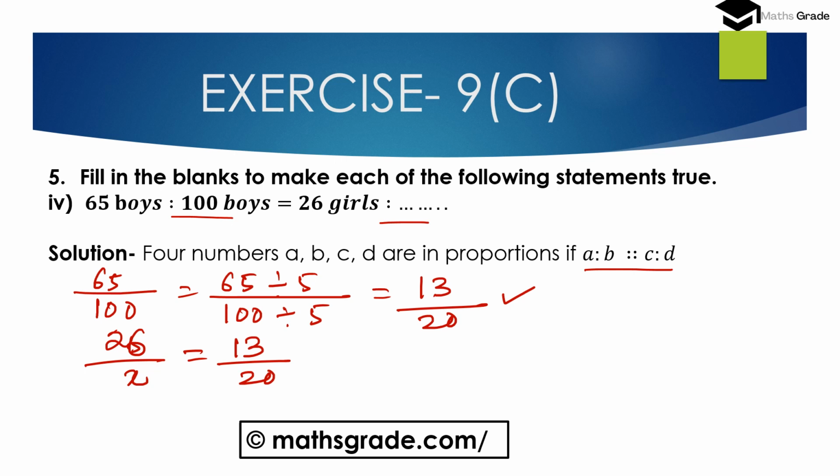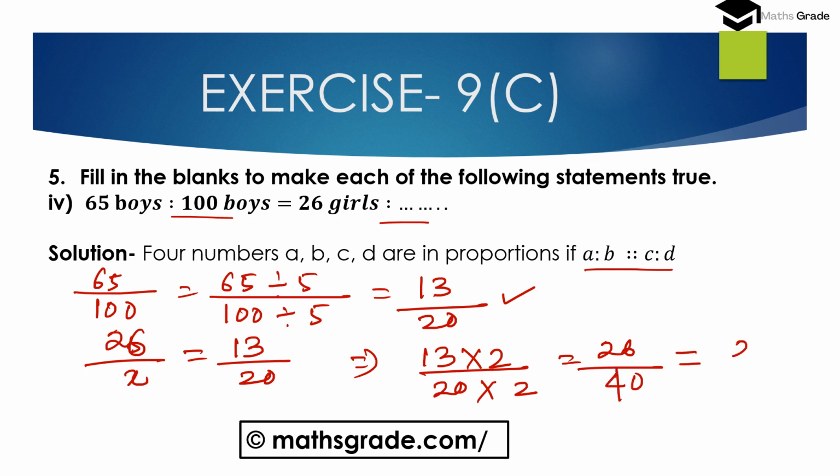Now here the antecedent is 26, and in the second ratio the antecedent is 13. We have to convert this 13 divided by 20 into the equivalent ratio that has the antecedent equal to 26. We know 13 multiplied by 2 is 26, so we have to multiply the same consequent 20 with 2. So 13 multiplied by 2 is 26 and 20 multiplied by 2 is 40,